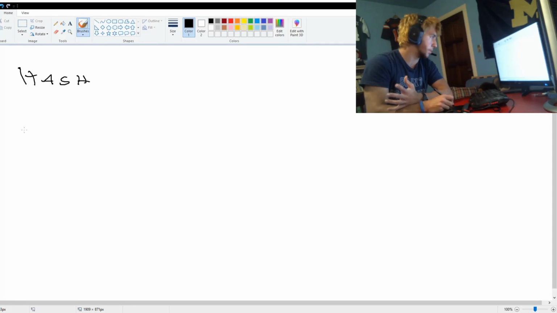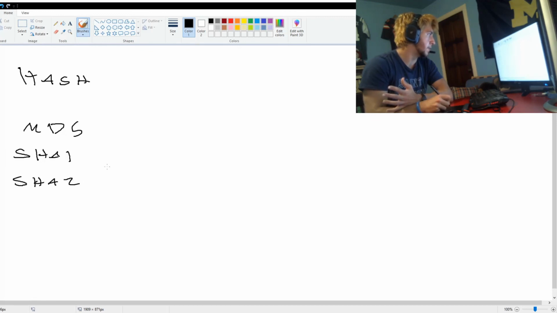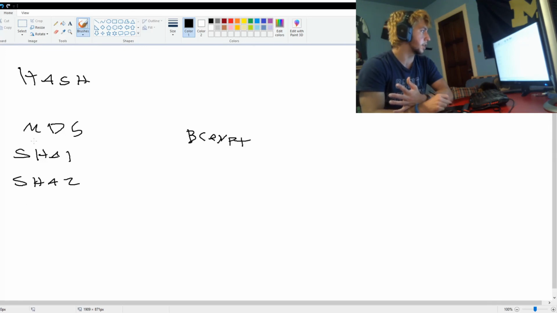Hashing by itself, some common hashing algorithms are the MD5 algorithm, maybe SHA-1 or SHA-2. If you're interested in hashing algorithms that are used for passwords specifically, that are specifically designed to be slower, the most common one, and one that I've actually used in multiple web applications, is called Bcrypt. And I'll link further explanations and some articles about these below.